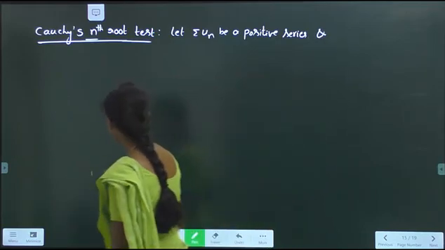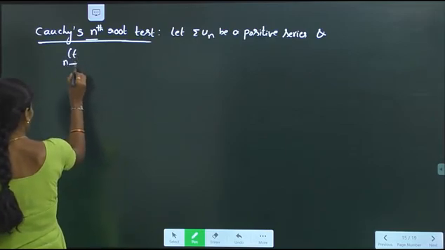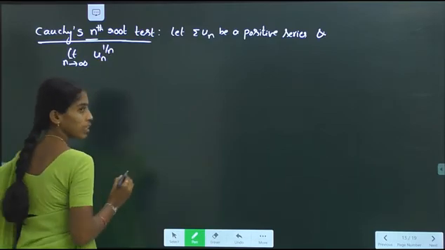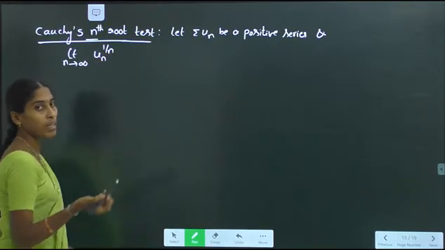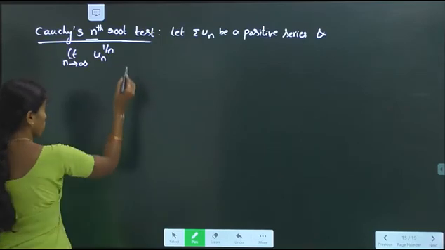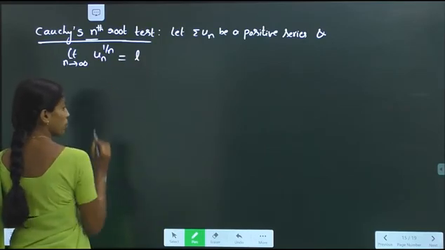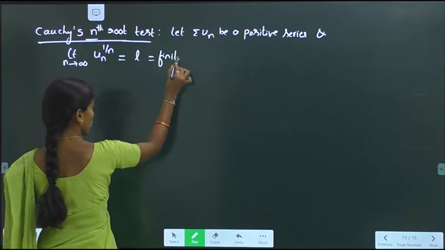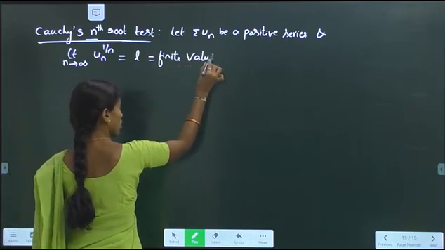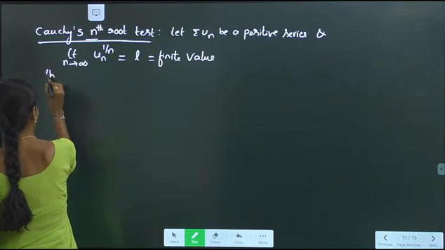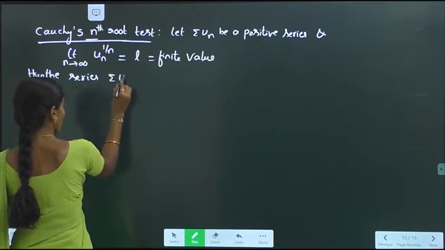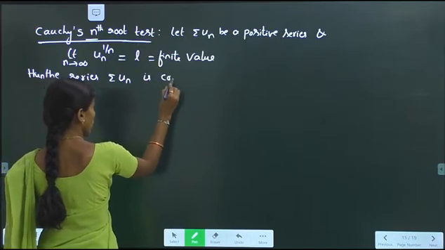and limit n tends to infinity un to the power 1 by n, that is, nth root of un, is equal to some L, limit value. It is a finite value, right? Then the series sigma un is convergent